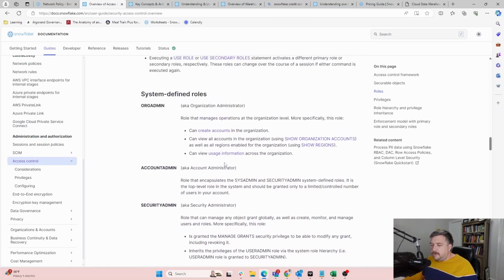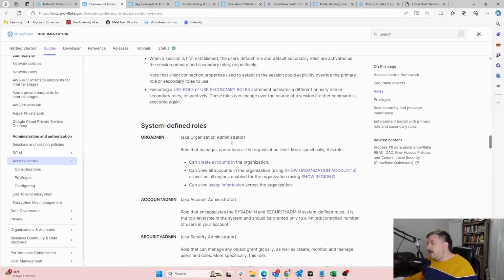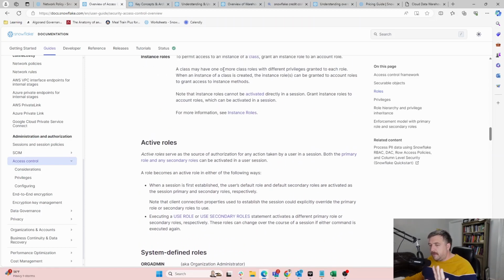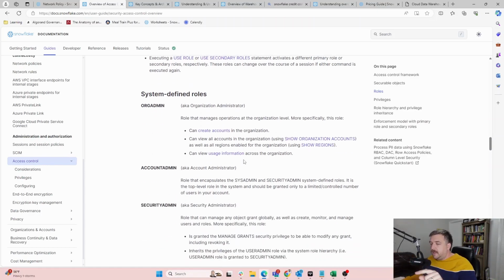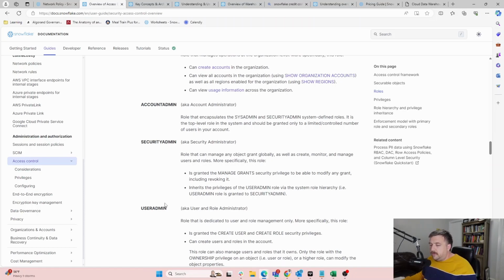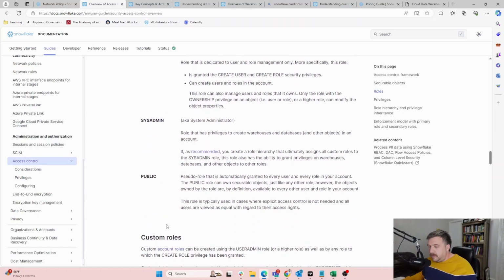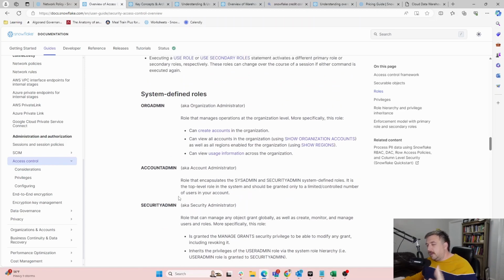So the org admin is, let's say I am a giant organization and I have multiple Snowflake instances. Org allows me to look over the whole of Snowflake. Then you've got different accounts below that. And then, of course, they go down below that. These are again the defined out-of-the-box roles.